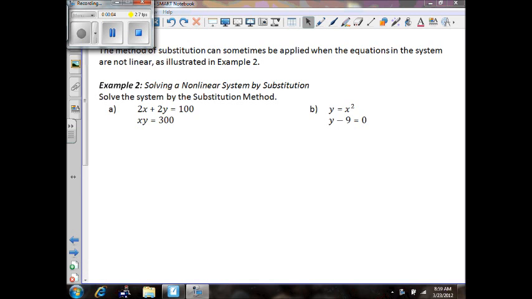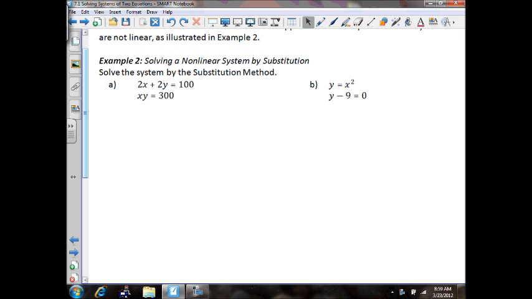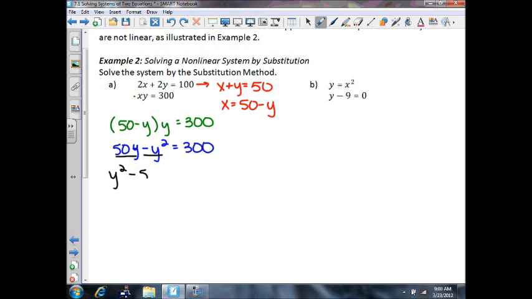In this video, we're going to talk about the method of substitution with nonlinear equations. If we take a look at example 2a, we have 2x plus 2y equals 100 and xy equals 300. We can change the top equation to x plus y equals 50 by dividing by 2, which means x will equal 50 minus y. Using that, we can change the x in the bottom equation to (50 minus y) times y, which equals 300. By distributing the y, we have 50y minus y squared is equal to 300. Putting everything on one side, we get y squared minus 50y